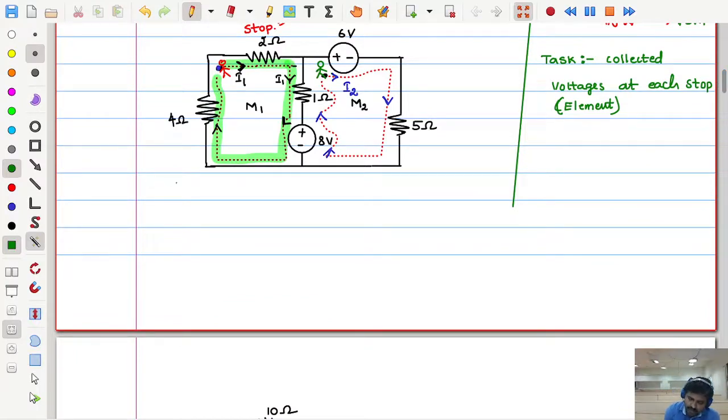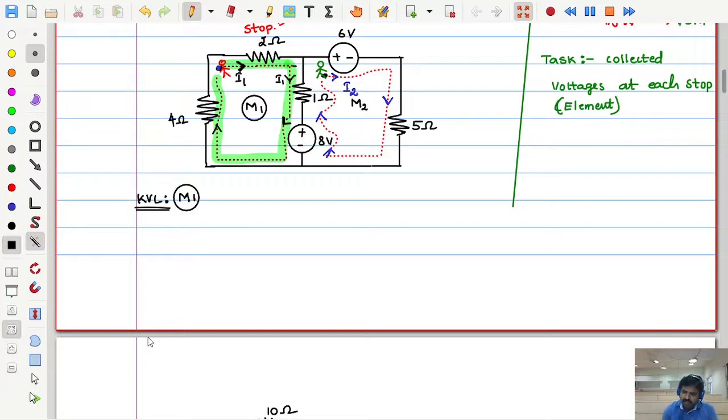So for that, what I will do is, this green color highlighted section is my area, and this might be, let us say, some Padma Shri or somebody. So let us say this is Padma Shri, one girl's area, this is you. So now in my area, let me write my equation first. So KVL for mesh 1, M1.